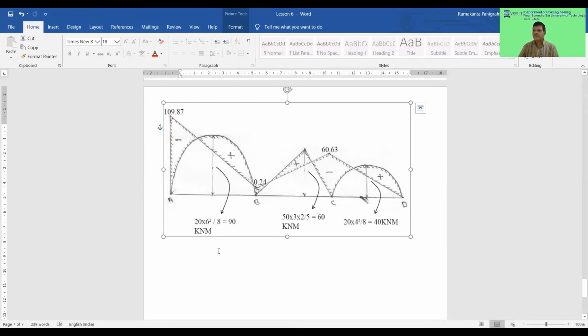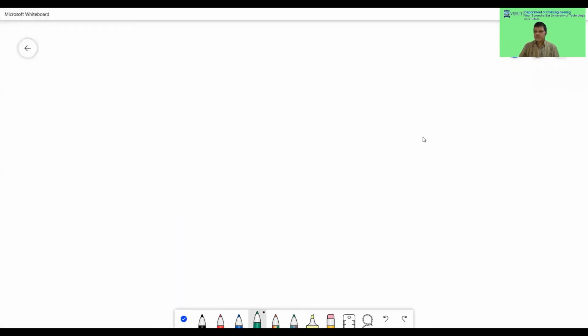Because in the shear force diagram, when the shear force changes sign, the maximum bending moment will occur. The maximum may be positive or maybe negative. So accordingly, you can find the values on this shear force diagram, and then you can show this shear force diagram. So from the bending moment diagram obtained, for shear calculations you have to go for the calculation of reactions, which come from the equilibrium of each part.